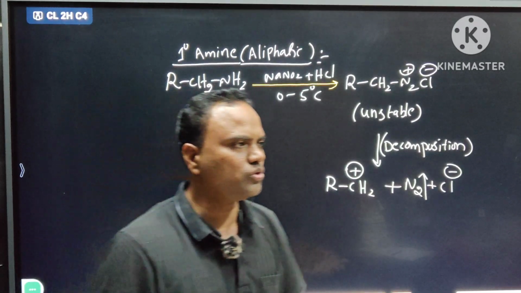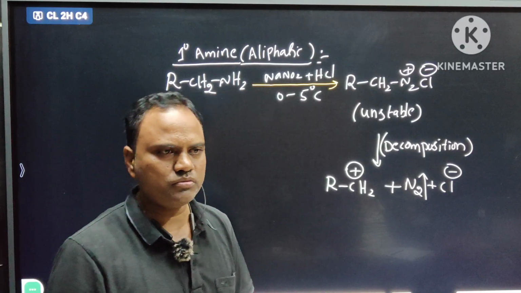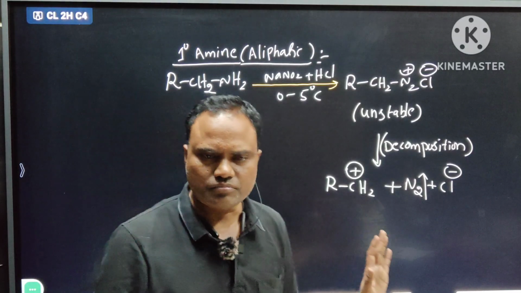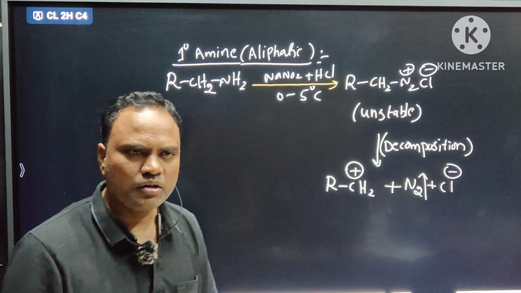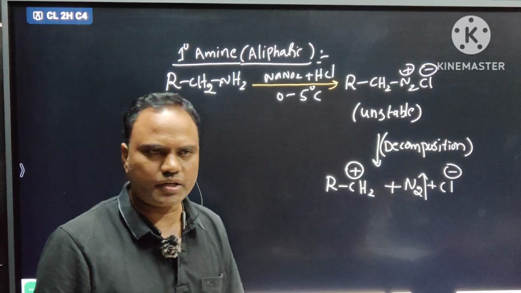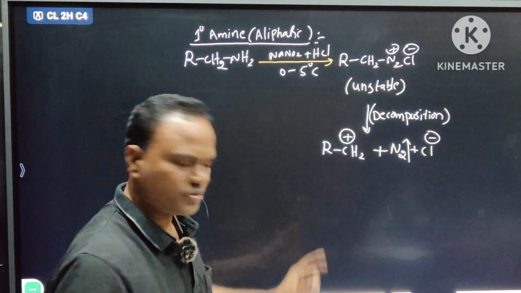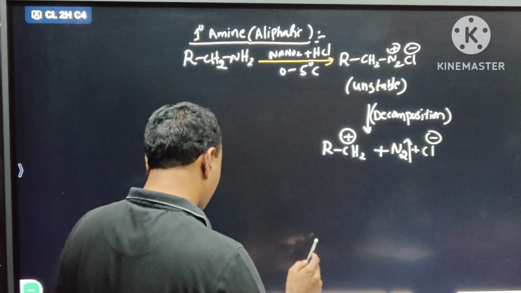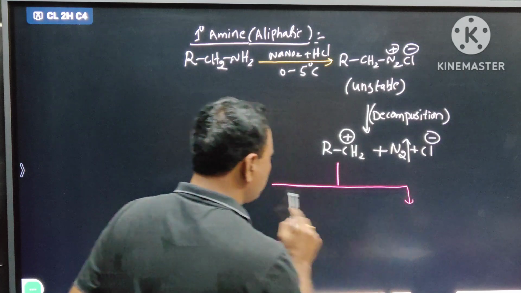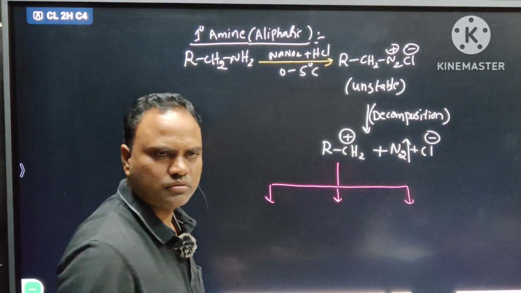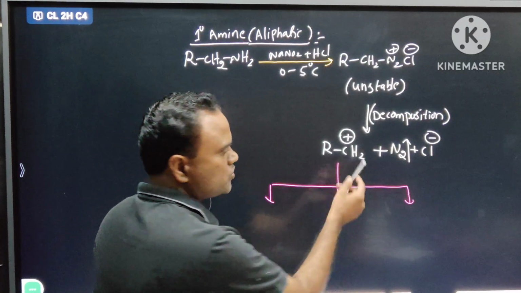So primary amine. You already know about classification of amines, and you know about nomenclature also, right? Okay. Nitrogen is released, and carbocation is formed. And look at this. From this carbocation, 3 products are formed. Look at this. We will see one example, then you can understand. This is CH2 plus